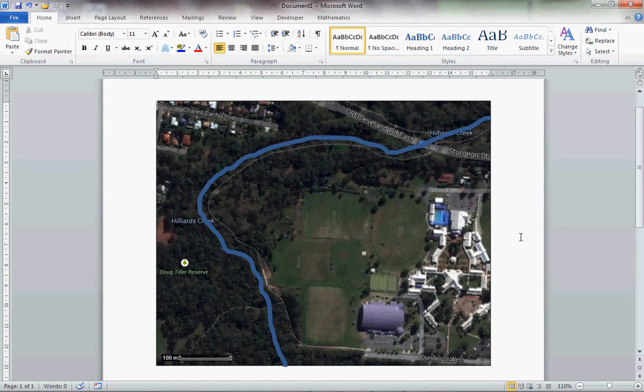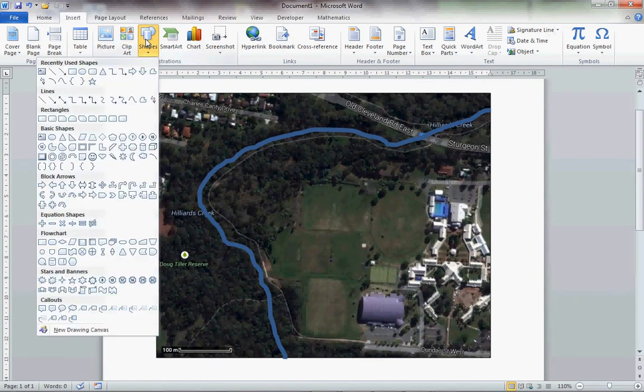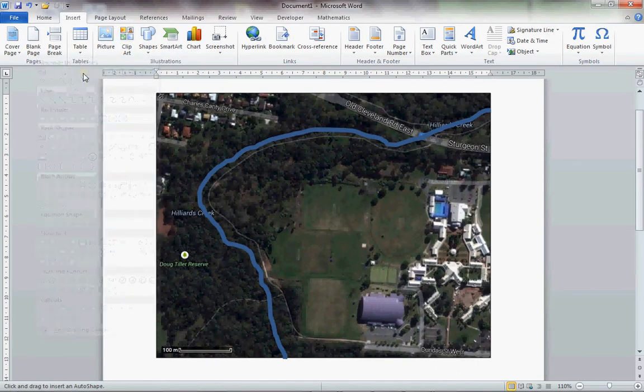The second component we want to include are our site locations. Now to do this, we're going to use a red dot and put a text box in. So again, Insert, Shape, and choose the circle shape. Now this time, if you press Shift as you click and drag your circle, it will keep it in a circle shape. If I take my Shift off, it draws it as an oval, not a perfect circle. So as soon as I click Shift,